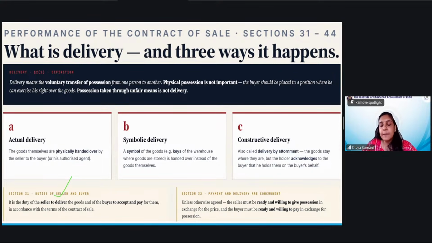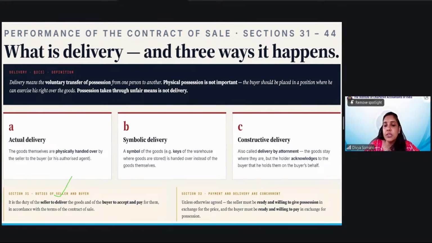Section 32, what does it say? It says that payment and delivery are concurrent. So as soon as delivery is made, you have to make the payment. So that is what is mentioned here. And let us read it further. Unless otherwise agreed, the seller must be ready and willing to give the possession. Seller must always be ready and willing to give the possession, means he should give away the goods